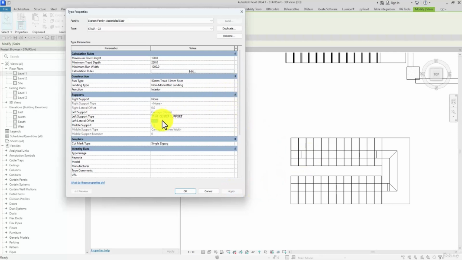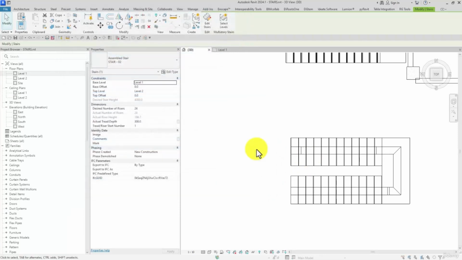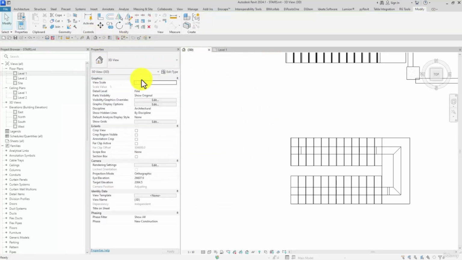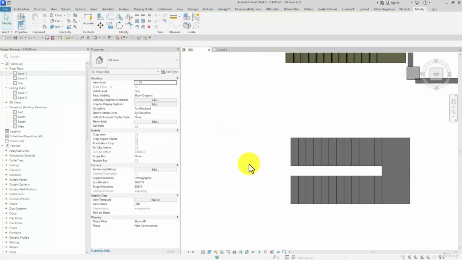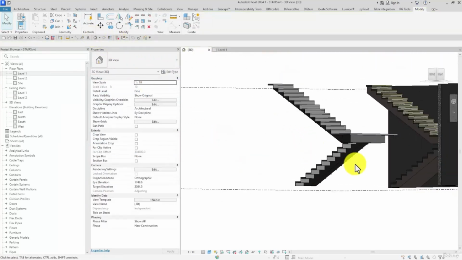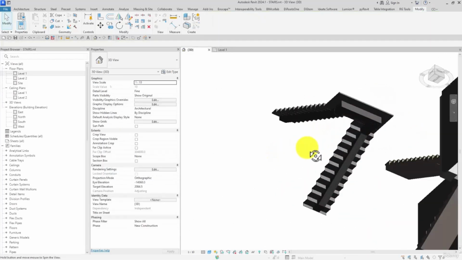And let me see, for the left lateral offset, 350 millimeters at the both sides. Watch this. We got the supports, we got the